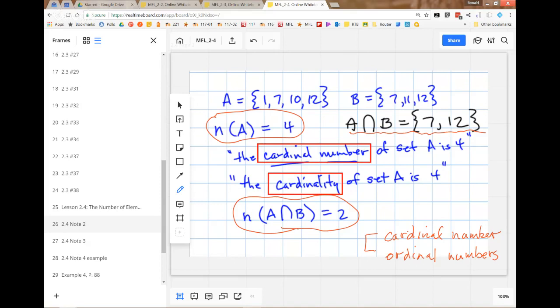So it's just this new term that the Count would be happy with. It's the count, the number of elements in a set. I can just hear him, the Count, he'd be counting. So the cardinal number of each set. You've heard me use the term cardinal number. Sometimes they'll refer to it as the cardinality, as in the cardinality of set A is 4. So you'll see two different forms of the term, but it refers to the same thing.